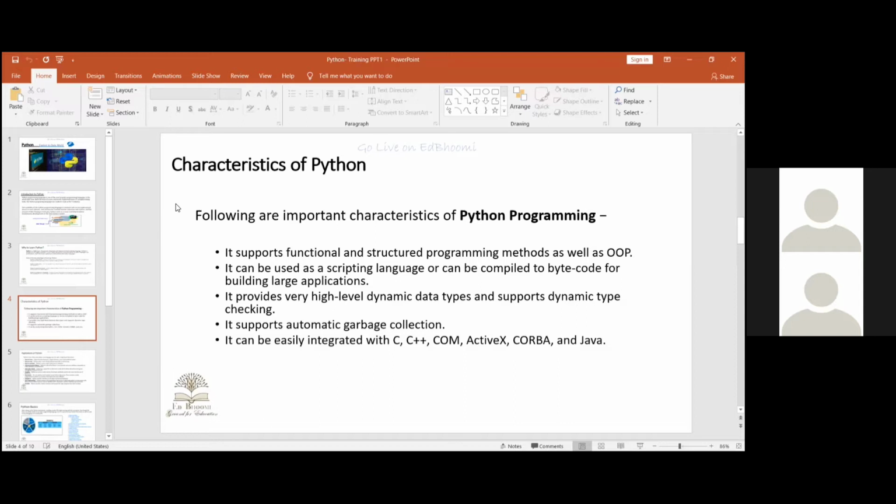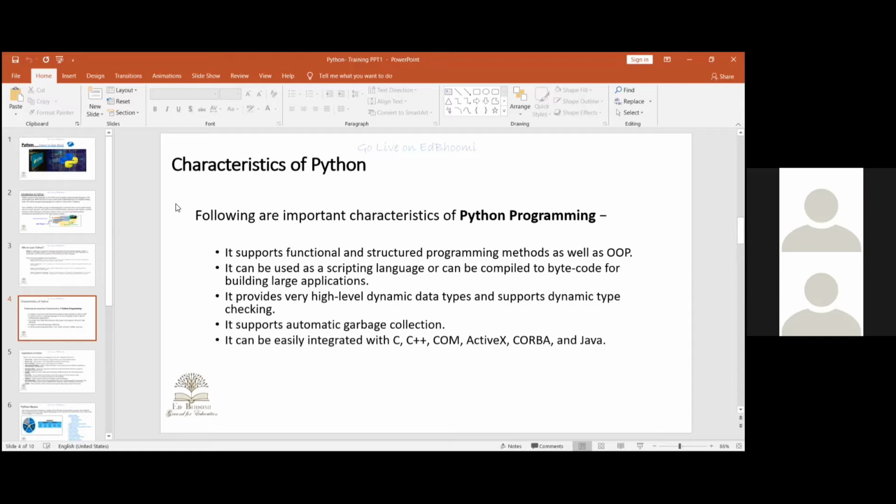So you don't need to worry about the garbage part. In most older programming languages, we need to worry about the memory space and the deleted space. In the case of Python, you don't need to worry. It always syncs with the system and automatically deletes the garbage data as well. And it can be integrated with any tool. It's an open source technology, so you can deploy it anywhere, whether it is Windows, Linux, or any kind of OS, and it can be integrated with other technologies and tools as well.